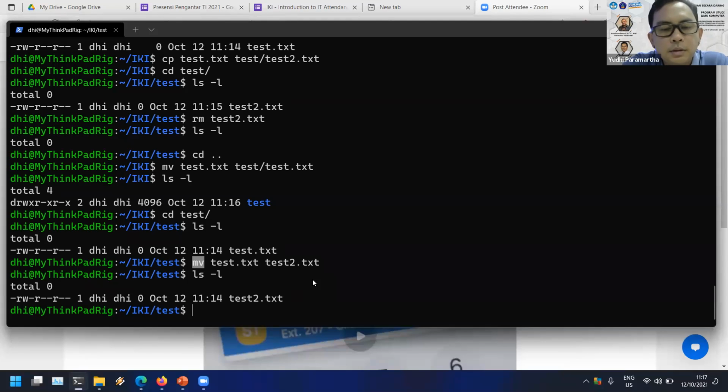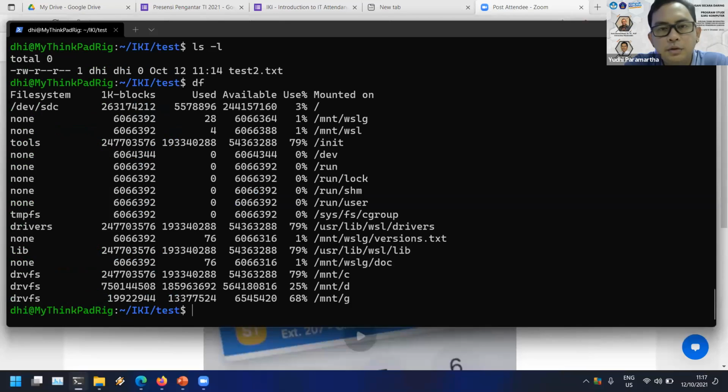The next command is called df. Df is to check how much data storage you have and how much available storage you have. For example, this command is df, and it will display the information about our disk. This is our disk, the dev sdc.